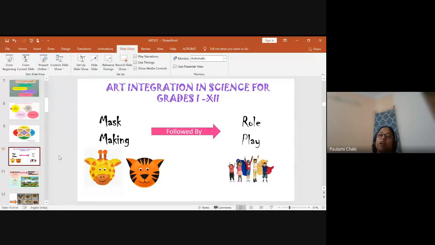Once they have finished their mask making activity there, you can come to your class and say, I have come to know that your art teacher has helped you understand how to make masks, and you have made beautiful masks. Now, children, in the next class, I am giving you 1 or 2 days' time, as you can see how the children are, because that is very important to take care of. After 2 days, I want you to do a role play on the mask you have made. See how crazily the students will come to you.